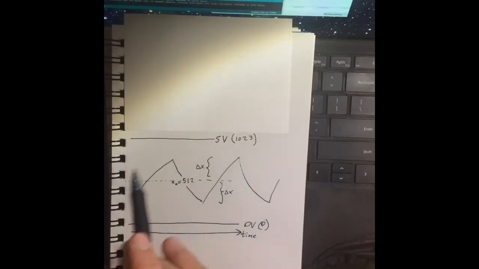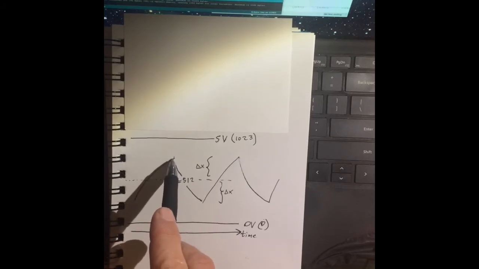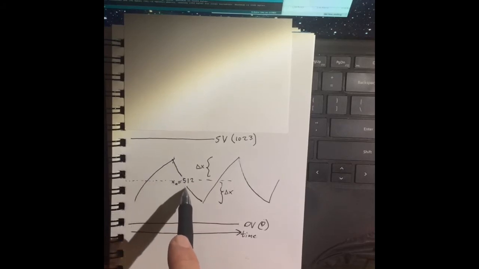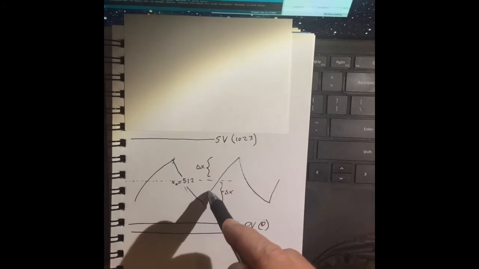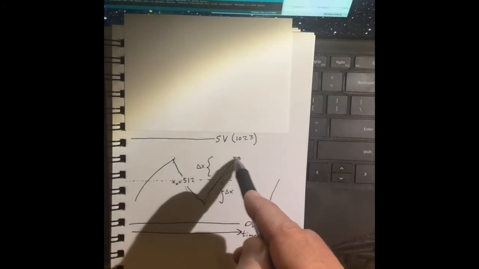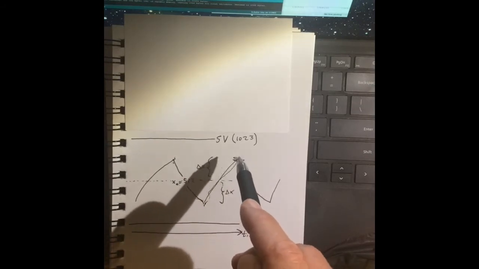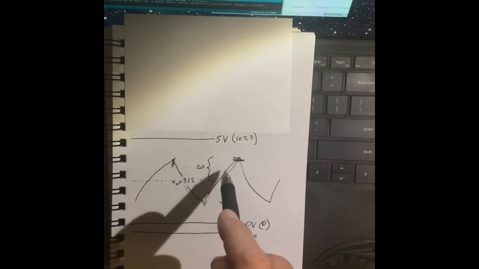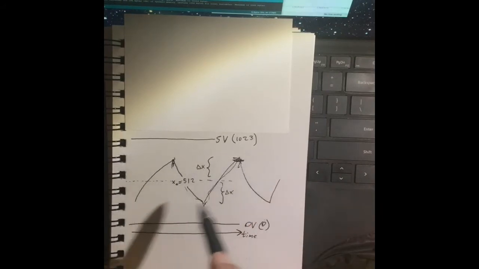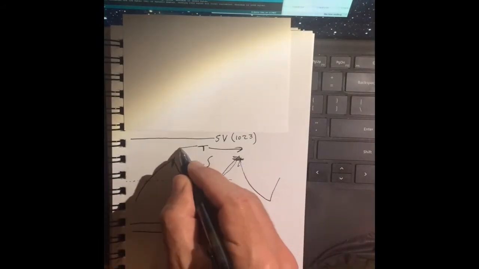So what this means is that you go up to the upper threshold, you set n equal to 0 here, and then you go down, down, down, hit the threshold, go back up, and then when you get here, you're going to set n equal to 0 again, but when you do this, you're going to take the n, which represents how many counts there are between these points, and you're going to put it down the serial. So what you're getting then is the period, which I'll call capital T,